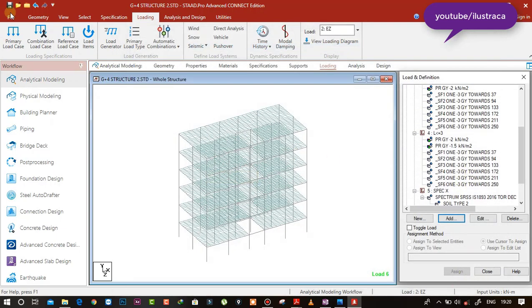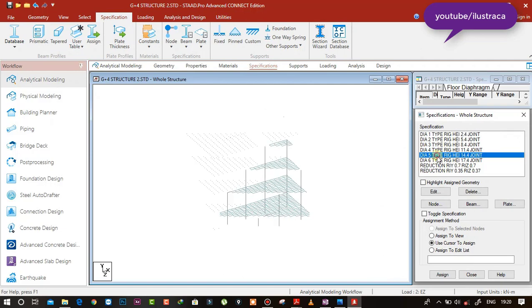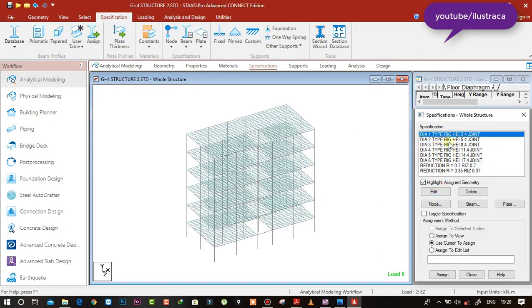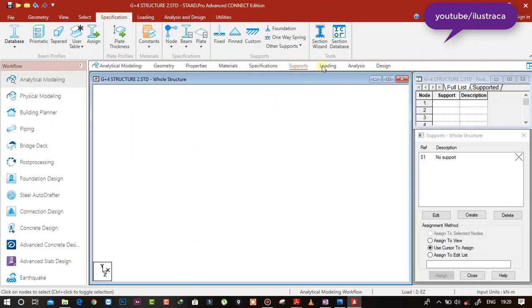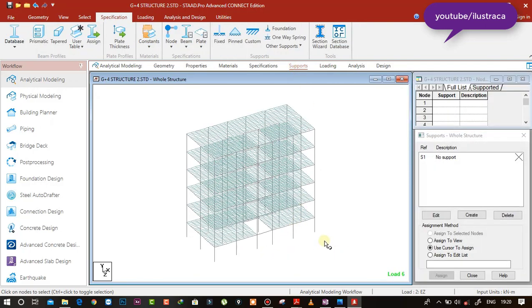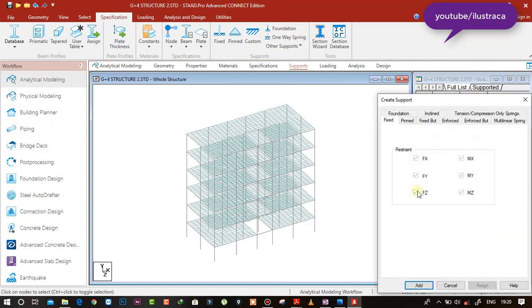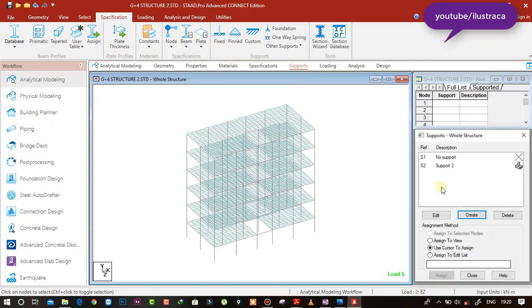So the definition of all the load cases and the specification is done, and our diaphragms are defined. Now we need to define the support condition, otherwise we will not get any proper value for the support reaction. So go to create, click support, and now we're going to assign this support at the bottom.